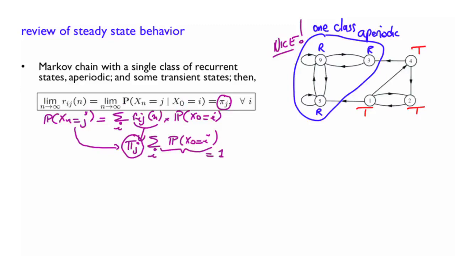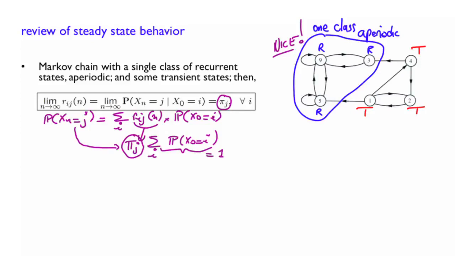So if the Markov chain has run for a long time and you are asked the question, where is the chain now? Then your answer should be, I don't know, it's random, but it's going to be in a particular j with that particular probability pi of j. So in that sense, the steady state probabilities are valuable information. So how do we compute them?